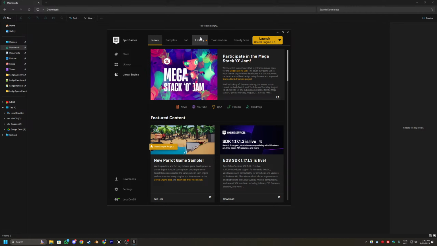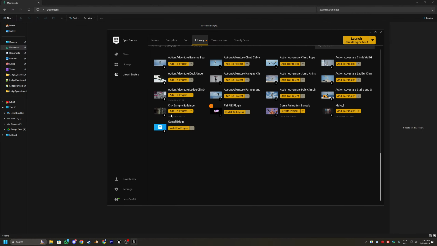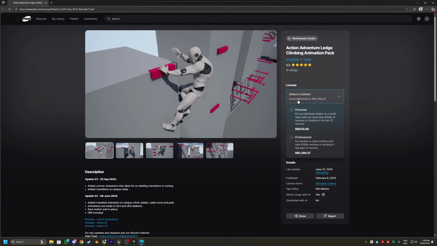So after opening up your Epic Games launcher, you're going to go to the library. Of course, you're gonna have to buy the pack, the ledge system. I think it's $80. You can buy it. As you can see, it's the action adventure ledge climbing system. For me, as I live in Brazil, the price is converted as 433. But for you, if you live in the US, I think you're going to pay like $80 to buy